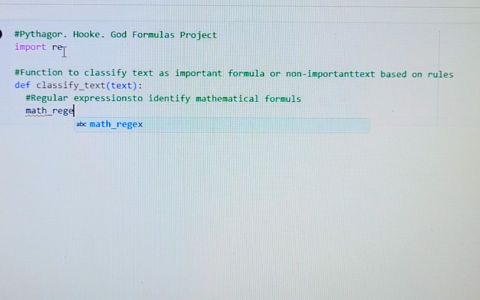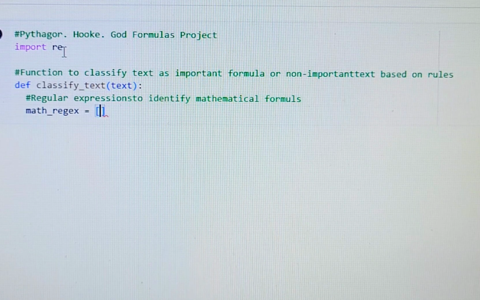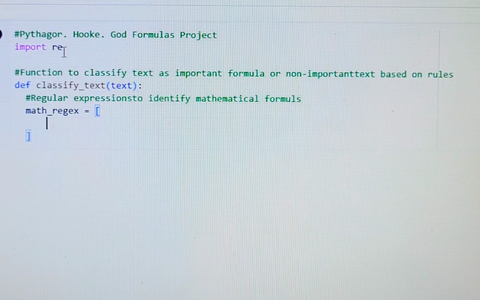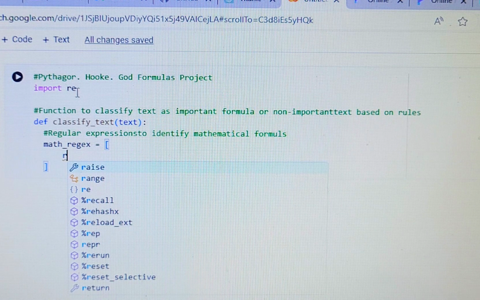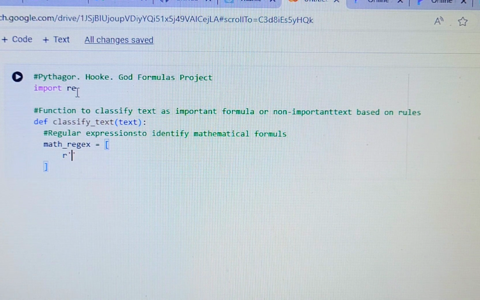Regex equal, and here we can get our Pythagorean theorem. So square brackets, and here we have to give R. This is a pattern we have to follow. We have to put it this way, slash